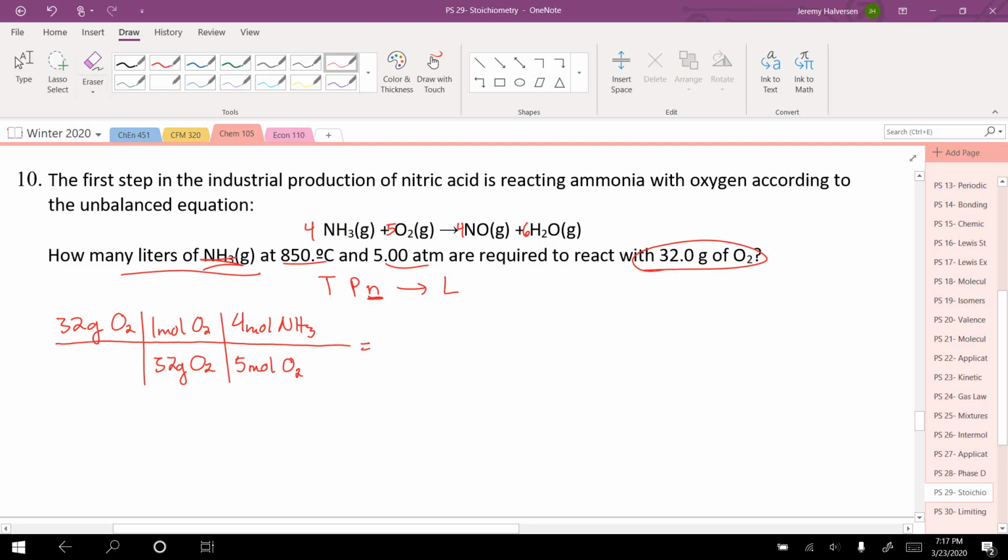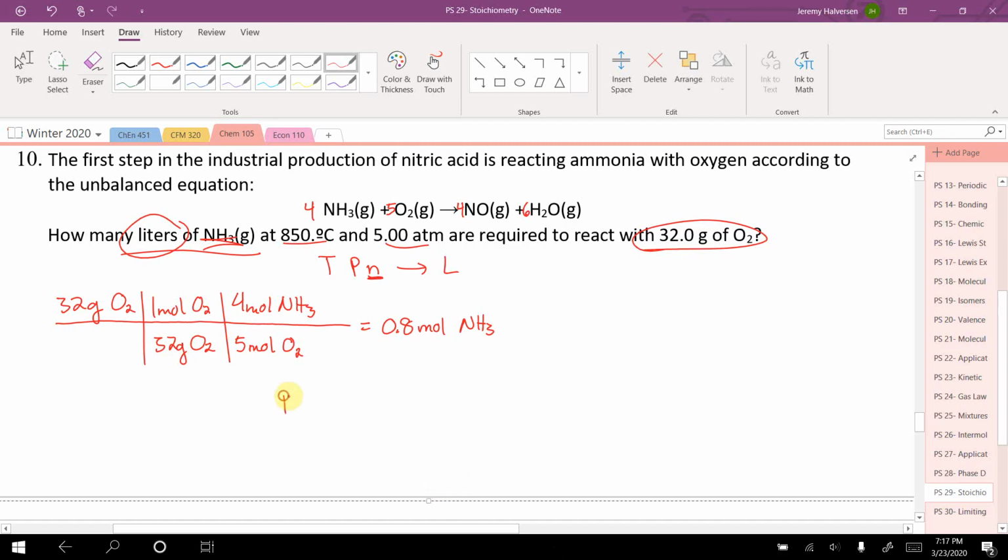Okay, and when I do that, that gives me 0.8 moles of NH3. But they don't want to know about moles of NH3, they want liters of NH3. So I've got my amount of NH3, but I've got to get it from moles to liters. They give me information so I can use the ideal gas law. PV equals nRT, so volume, liters, is going to be nRT over P,